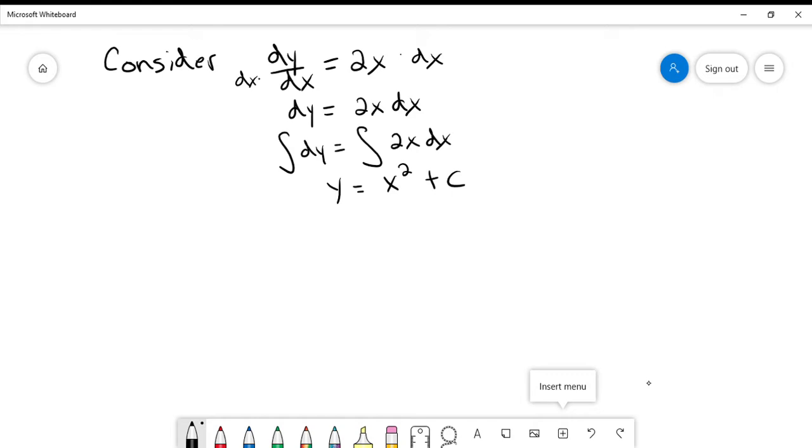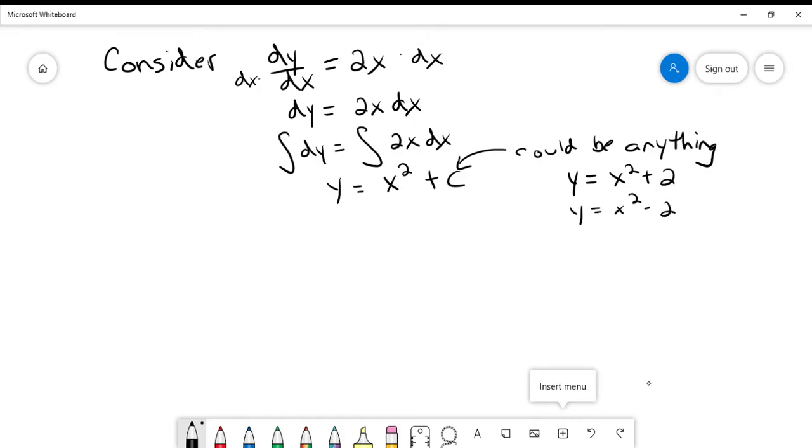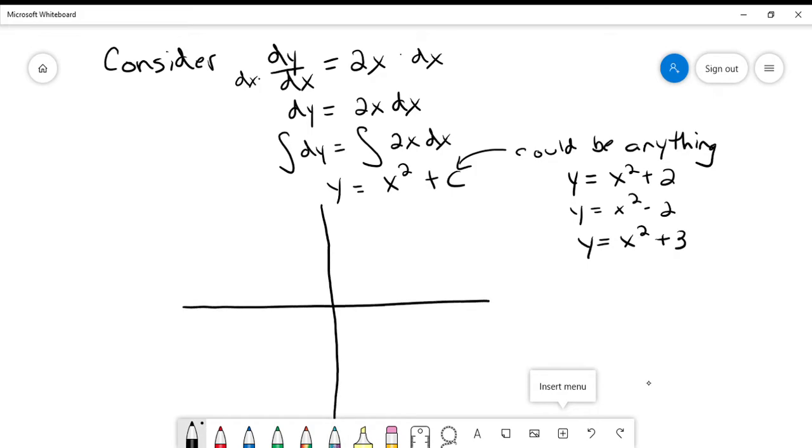Now, we've talked about this constant, and we've learned how to find the constant if I'm given an initial condition. But what I want you to think about is that this constant could be anything. And if you think about the different quadratic functions we've worked with, this could be y equals x squared plus 2. It could be y equals x squared minus 2. It could be y equals x squared plus 3, and the possibilities are endless. So if we think about what that could look like graphically,